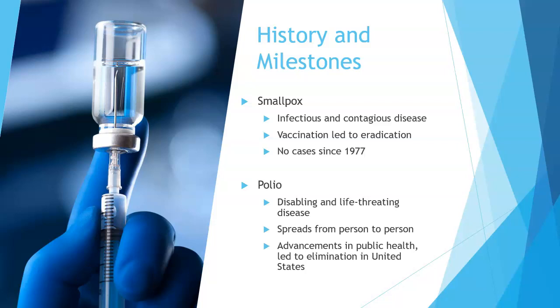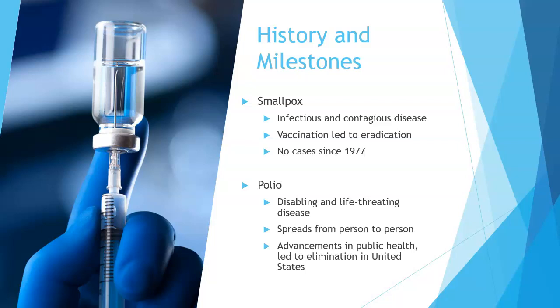Smallpox was a severe infectious disease caused by the variola virus. It was contagious, meaning it spread from one person to another. People who had smallpox had a fever and a distinctive progressive skin rash. Thanks to the success of vaccination and public health milestones, smallpox was eradicated, and no cases of naturally occurring smallpox have occurred since 1977. The last natural smallpox outbreak in the United States occurred in 1949.